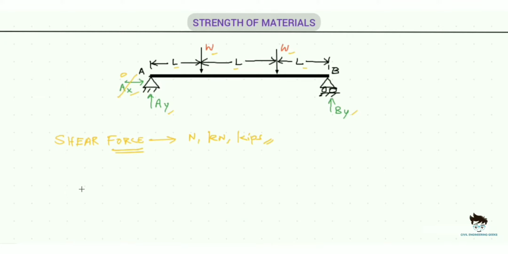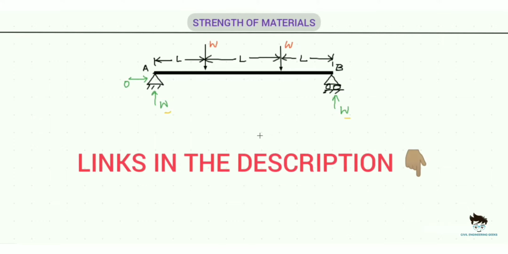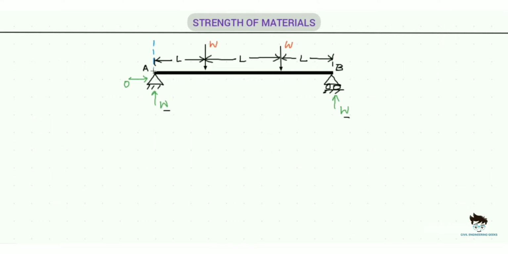Now let's find out the values of the shear forces at different sections of the beam. I have found the reactions and kept it ready for finding the shear forces. If you want to learn how to find the reactions for the different beams, please do watch my previous videos. I have attached the links in the description below. Let's begin by considering different sections on the beam. I am considering 6 sections between point A and point B on the beam.